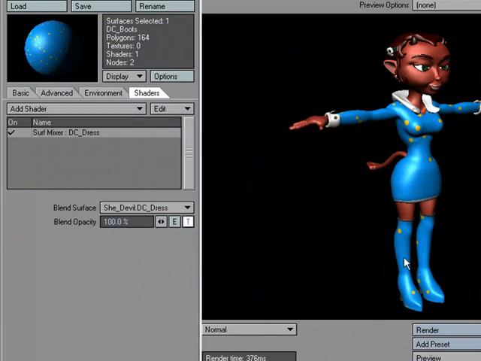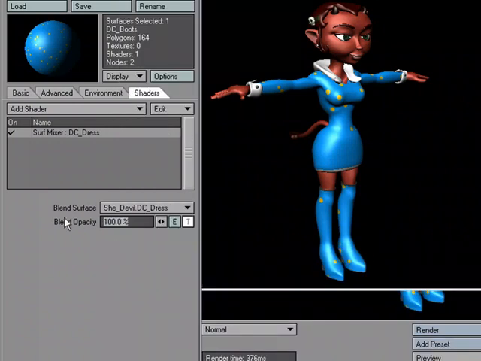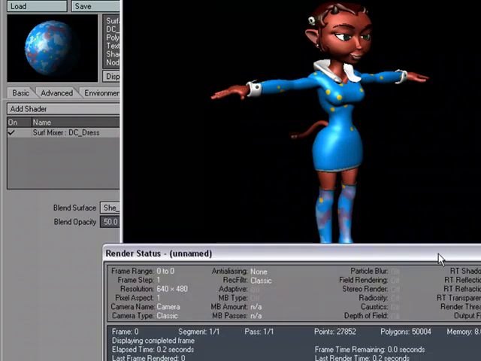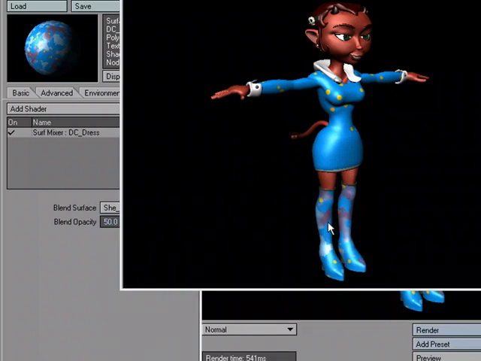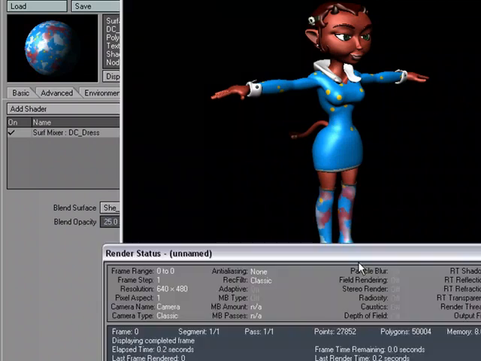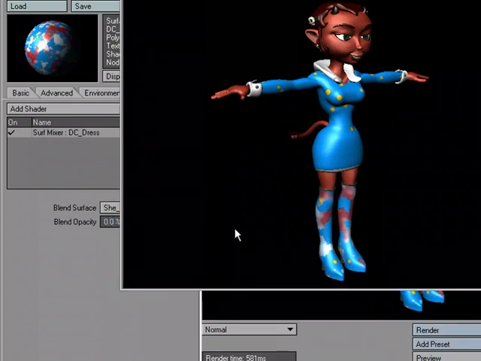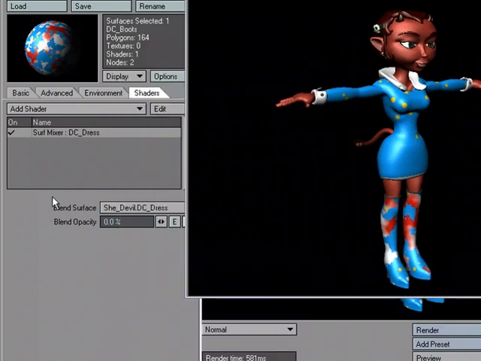And let's see what this looks like when we render. Now that's set to 100%. I'm going to go 50%. And now we're using the texture that was in the texture editor to control how we're blending that. Okay, so if I say 25%, okay, and if I say 0%, okay, so I'm able to not only blend the two surfaces and control it with the opacity,